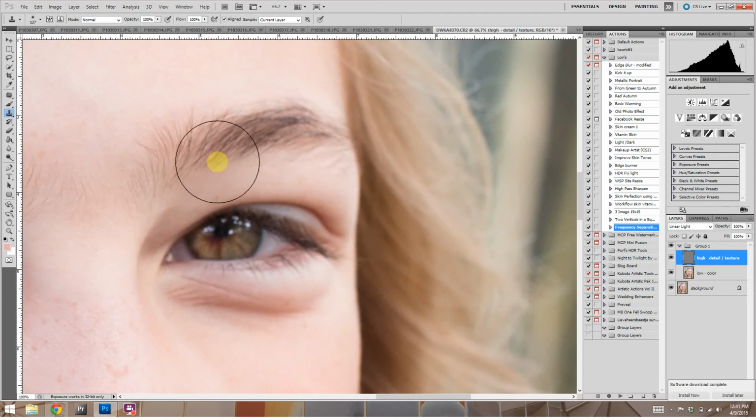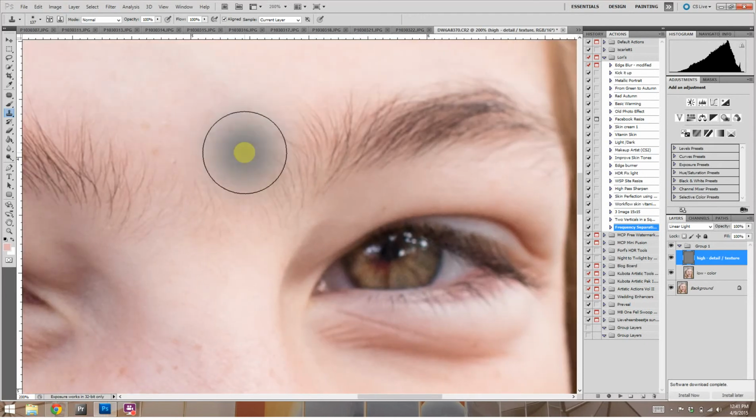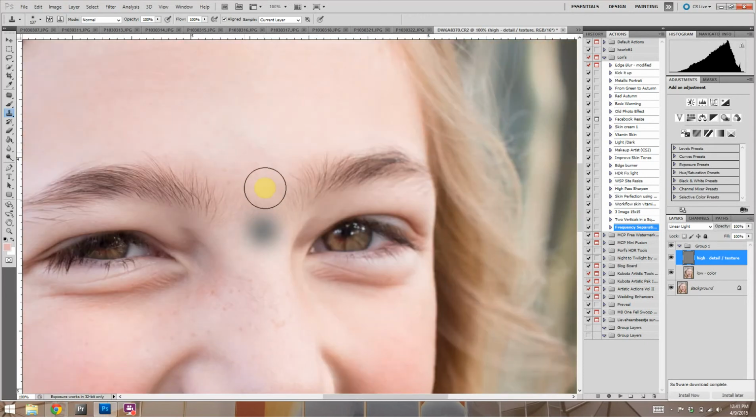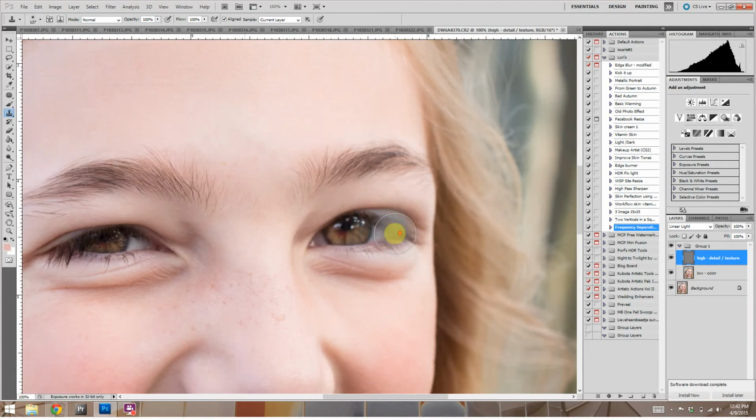And if you notice, you can even get rid of these little hairs where the eyebrows meet right here. Alt, clean that up. Look, they're gone. If she was 17 and waxing that, I might handle that for her, but she's a child and she's my child, and I think that's adorable. So I'm going to hit Control Z to undo what I just did so I can keep her little